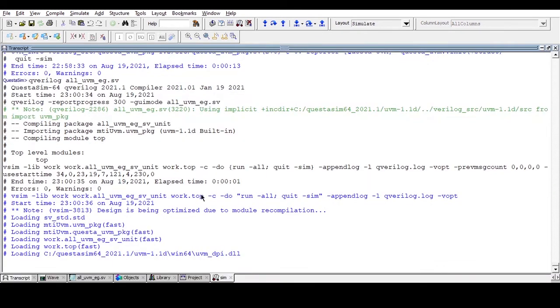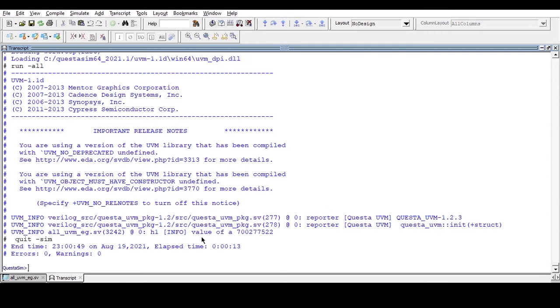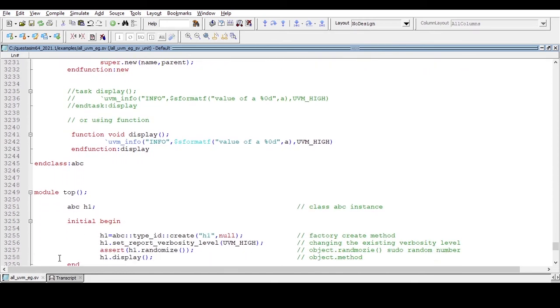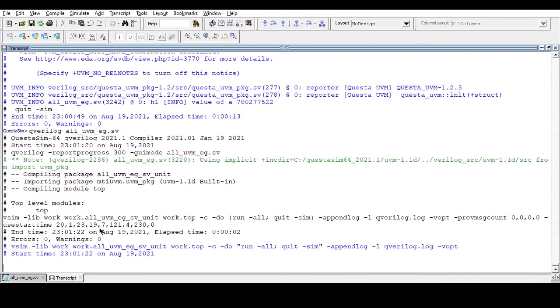We are getting the value of a equal to this random number because we declared the class property as int type. In order to get meaningful data, just make it rand bit and make it 4-bit, and then rerun the code.